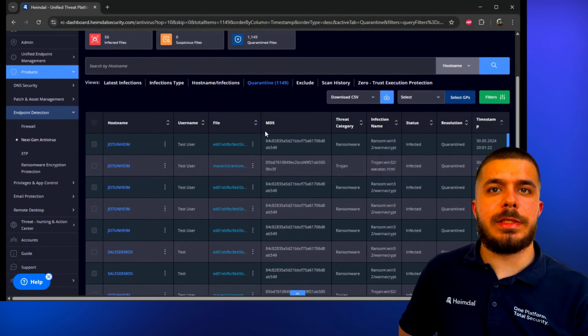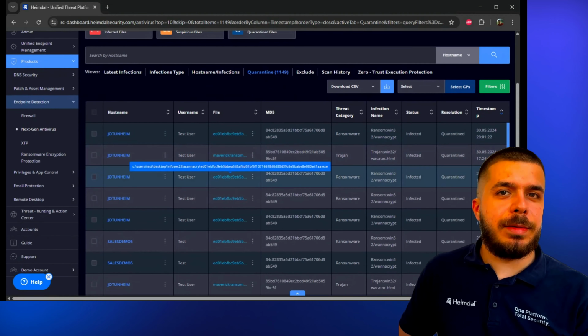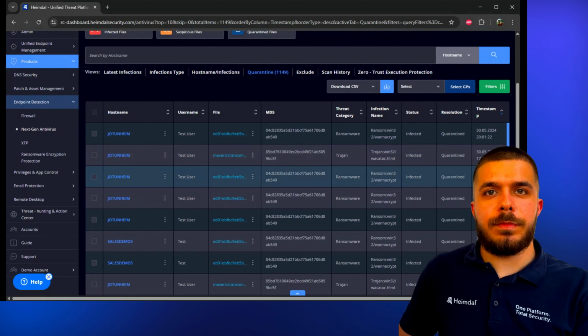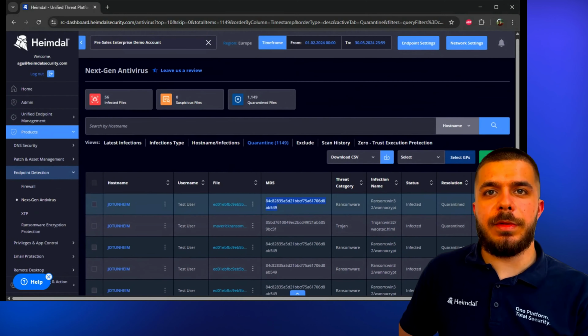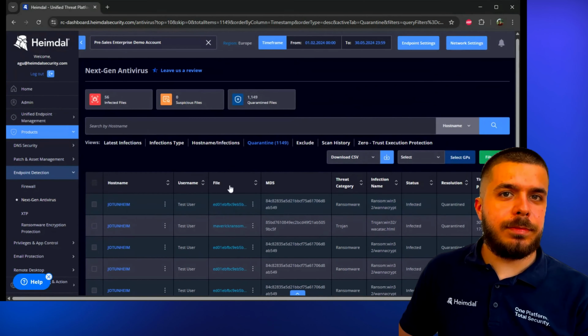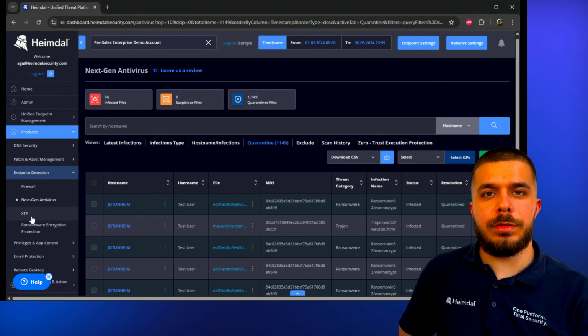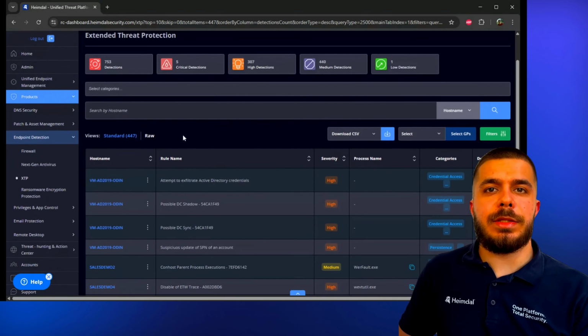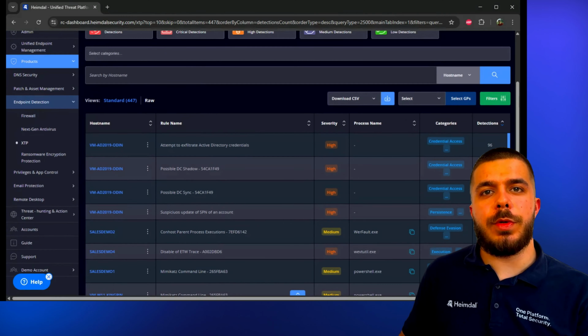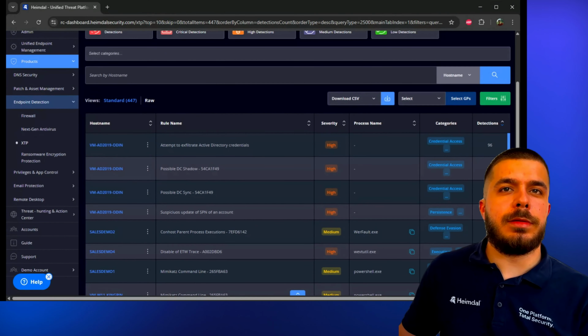As you can see, there's a list of very suspiciously named files which the antivirus quarantined. We can see a lot of information such as the MD5, its category, the infection name, the status, and so on. We can go further from this to the XTP module, which is a set of rules that do not block anything but help us with the threat hunting process a lot, because these rules show us traces of an attack